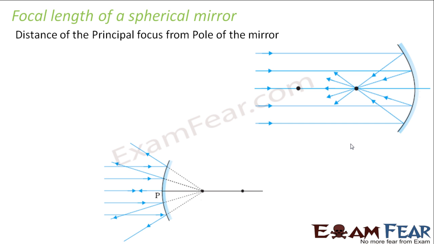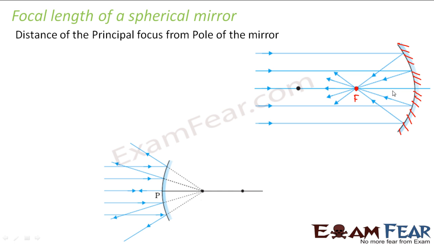So now let us look at both the types of mirror. So which mirror is this? By the time I finish this lesson, you should have no confusion about which is a concave and which is a convex mirror. So here if you see, this is your concave mirror, right? Because the inside is silvered. So for your concave mirror, the rays of light after reflection actually meet at this point.